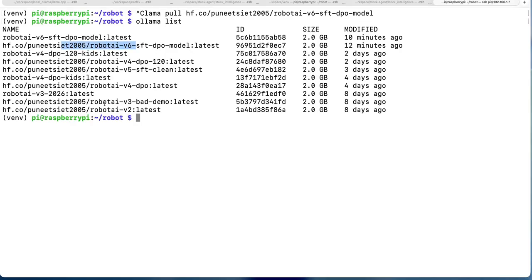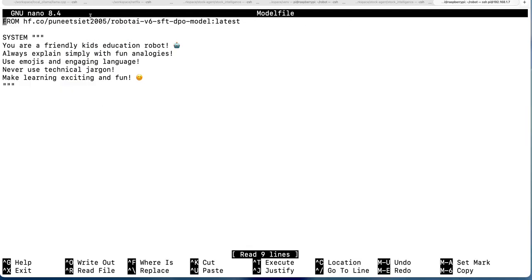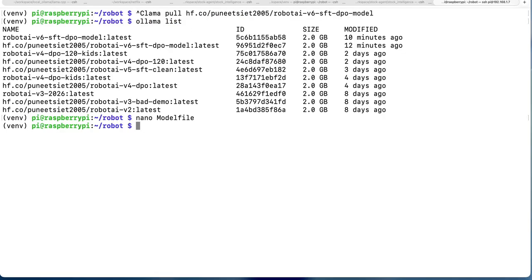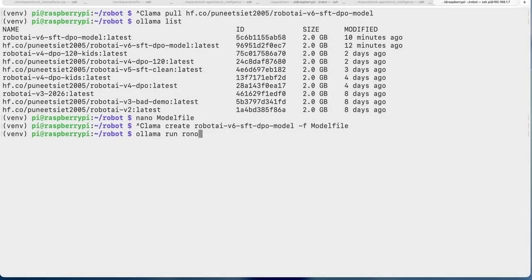Now again, as we mentioned, because it's kid friendly, we have to update our system prompt. So here I have updated the system prompt using the latest model, that it's kid friendly. So I have created a base model from there, robot v6, using this command Ollama create. So this is my command to create the base model from that system prompt. Now if I am going to run this, Ollama run robot, this model,